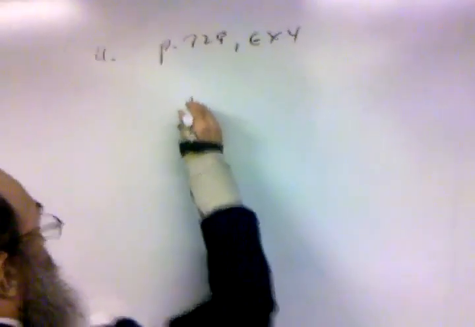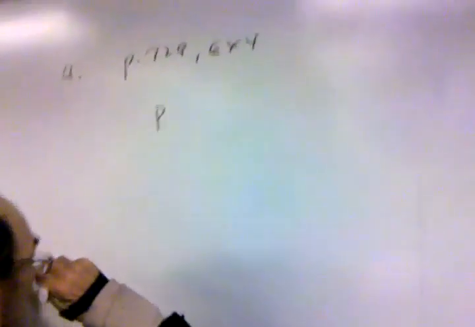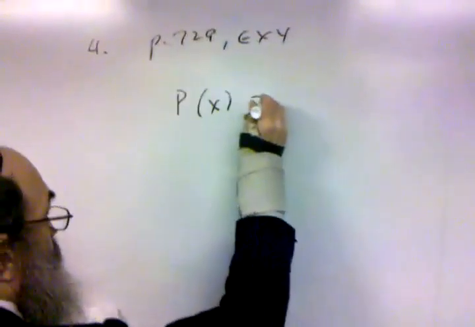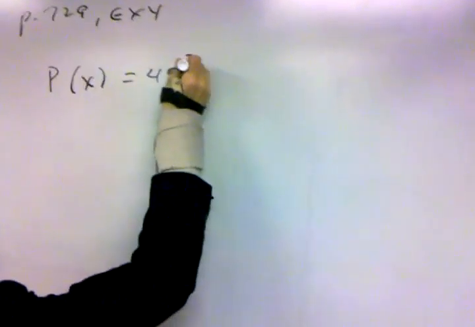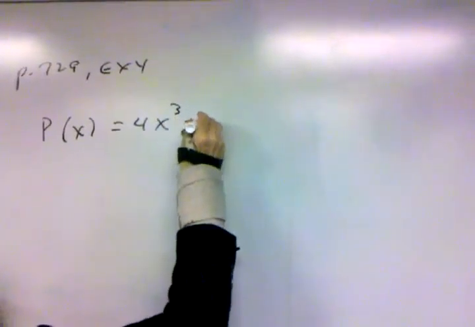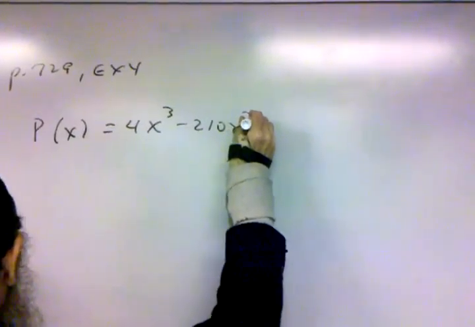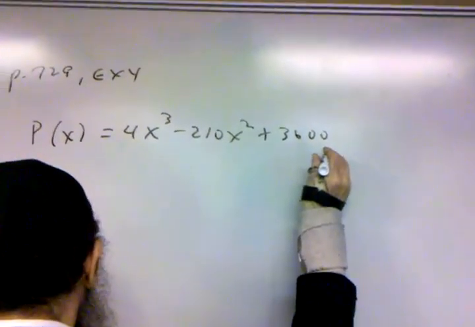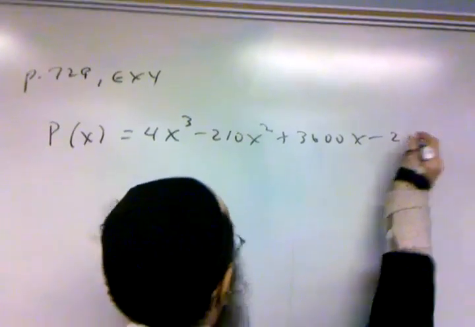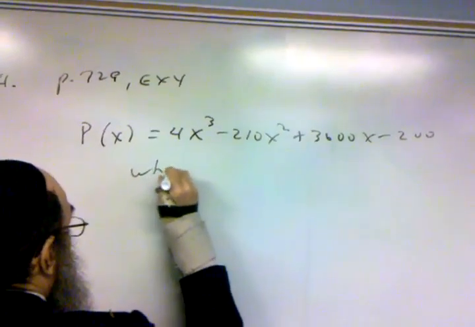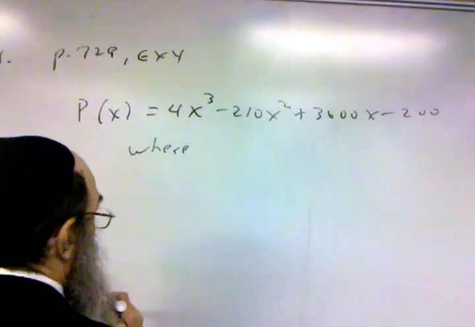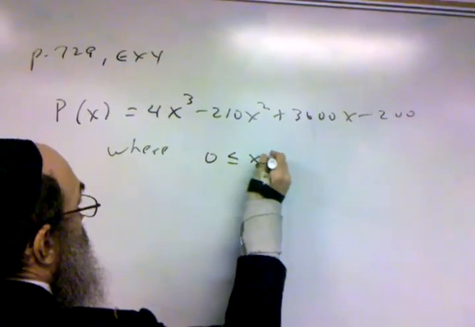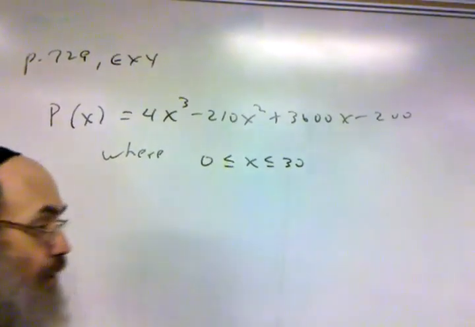It says that the profit for producing a certain item, x is units, profit is in dollars, given by the equation 4x cubed minus 210x squared plus 3,600x minus 200. It also says where the number of units produced is less than or equal to 30. Since you can't produce less than 0 units, that means x is in this interval between 0 and